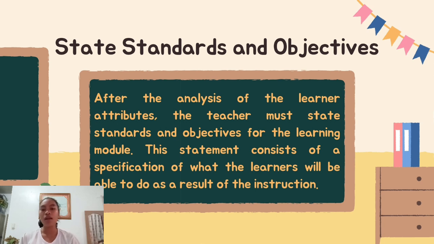These objectives work as a roadmap, defining the specific skills and knowledge our students will gain through our instruction. By establishing clear objectives for our students, we, the teachers, can better measure student success and ensure our lessons stay